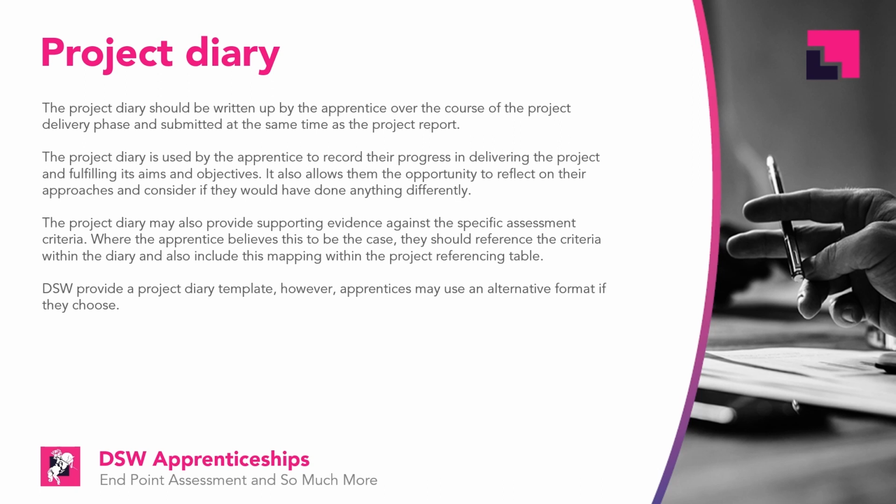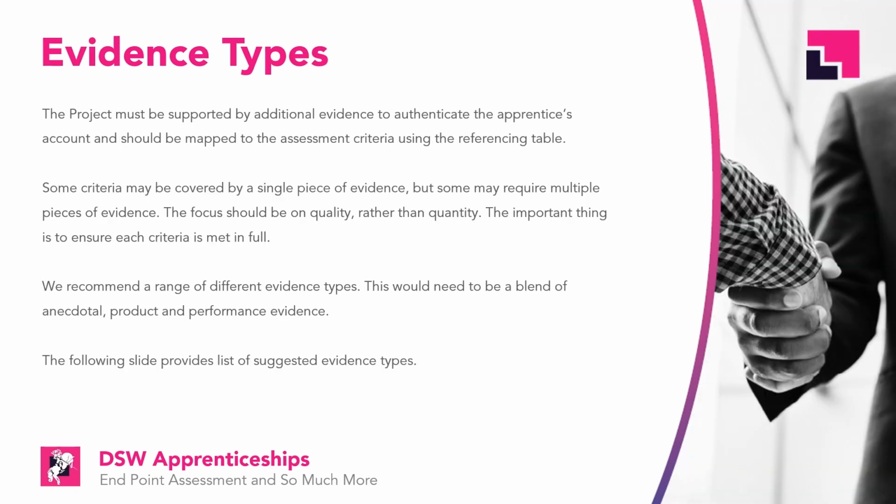It's of vital importance that the apprentice does not commence their project report until after their gateway documents have been formally approved by DSW. Starting the report ahead of gateway will invalidate the assessment and result in a non-progression grade being issued. Evidence types. The project must be supported by additional evidence to authenticate the apprentice's account and should be